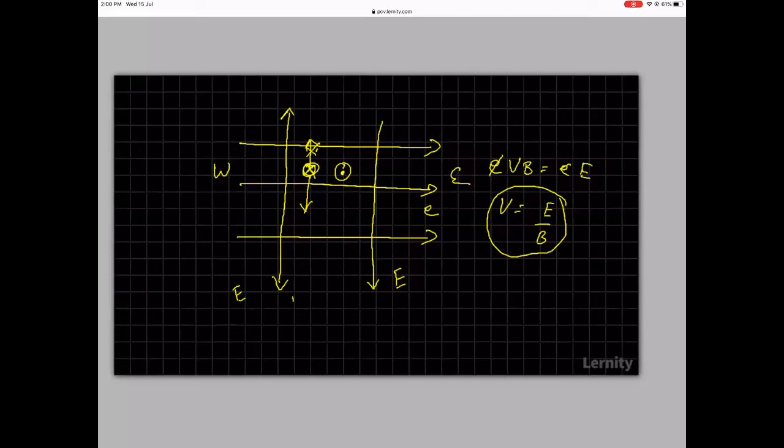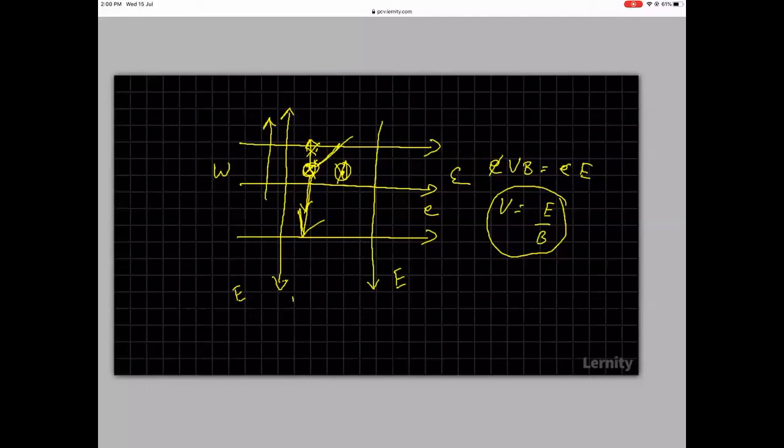But you can just ignore the negative charge, because for the electric field also, the force will be reversed. So if there is an electric field in this direction, for the electron, the force will be in this direction. So on this, you want the force in this direction. So if you want the force in the downward direction, for the given condition, the thumb points in the upward direction.